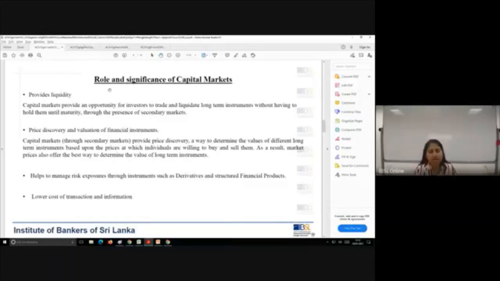Liquidity. Capital market involves instruments of more than 1 year. But that is going to move. If it's more than 1 year, you don't have to lock in your cash forever and wait until maturity. Capital markets have a secondary market which allows you to trade before maturity and get your instrument converted into cash quickly or at a lower cost.